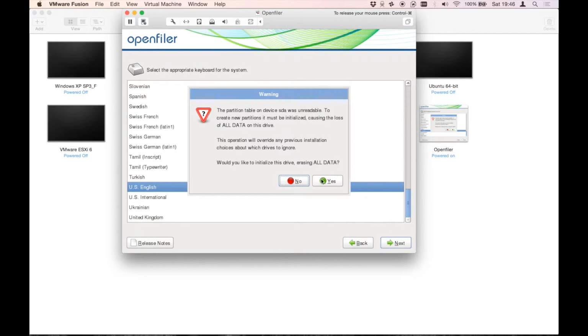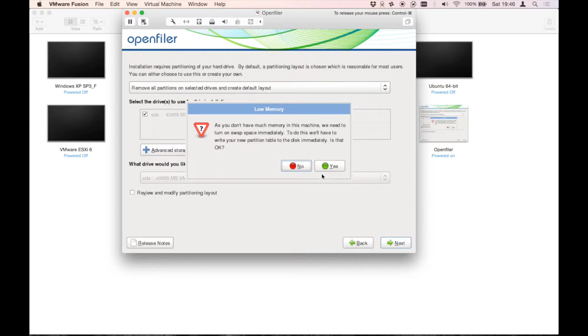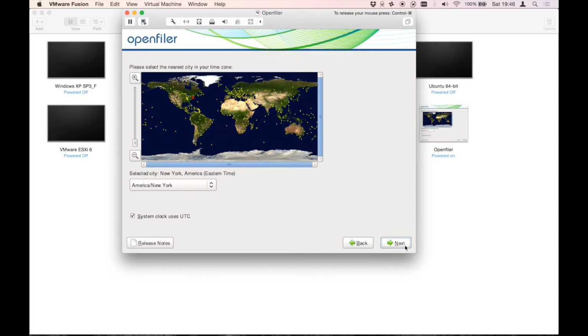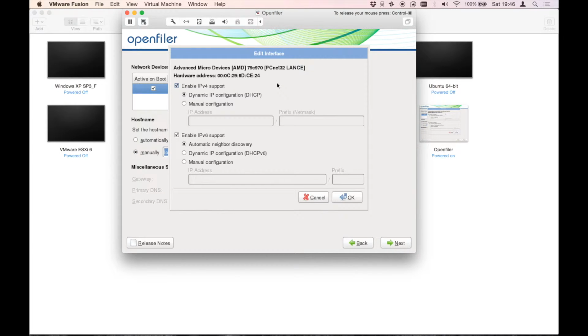It says that it will remove any data that you have on the hard drive, on the virtual hard drive. We will leave the default settings and let it remove it as it wants. Okay. We leave it on. No, let's choose manually. Manual configuration will be